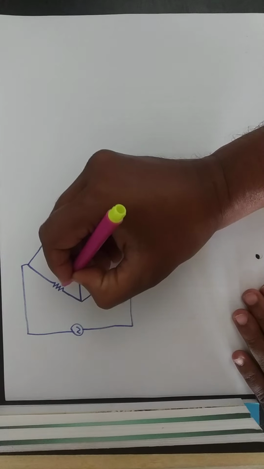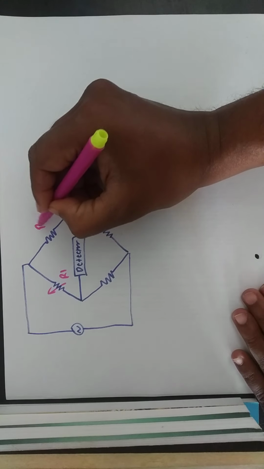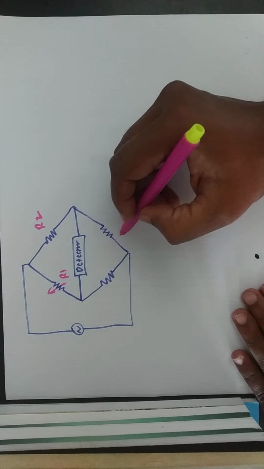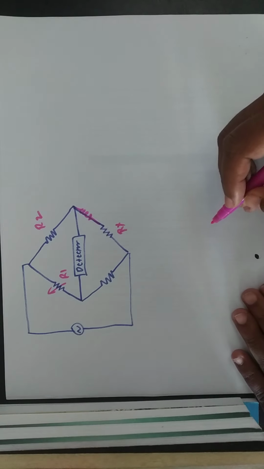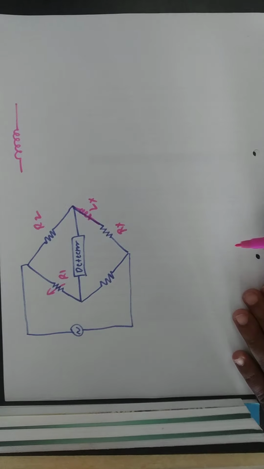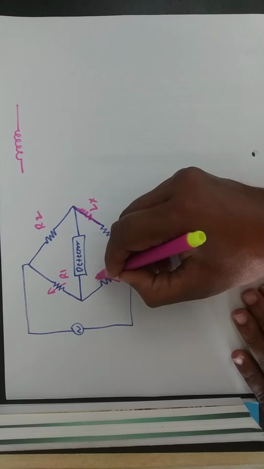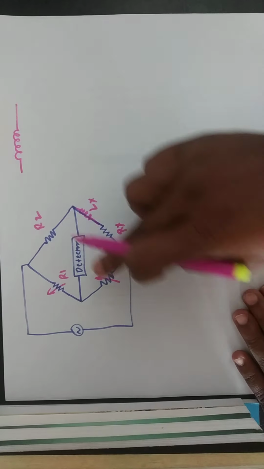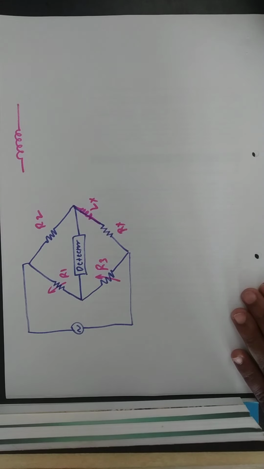So this R1 is the variable resistance, this is the fixed resistance R2, and this is the unknown resistance Rx. Then we have to draw the inductance L, which is Lx. Simply, the inductance can be drawn like this. So this is Rx, Lx, and this is R3, R1, R2, R3, and this is the unknown part that you have to find out. This is a simple circuit that can measure the unknown inductance in terms of a known capacitance.